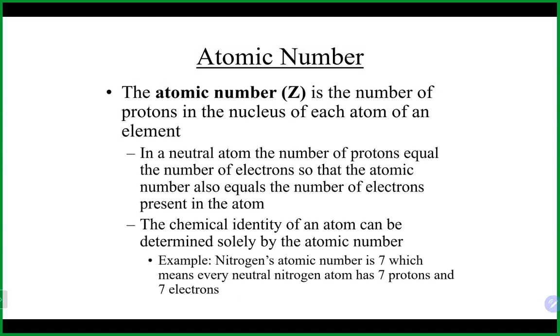Now, if we have a neutral atom, because there's only 3 particles in an atom that we just talked about, which are protons, electrons, and neutrons. And protons are positively charged, electrons are negatively charged, and neutrons obviously have no charge. So if we have a neutral atom, we would have to have an equal number of protons and electrons to balance out the charge to 0. So the atomic number will also tell you, if you are dealing with a neutral atom, the number of electrons